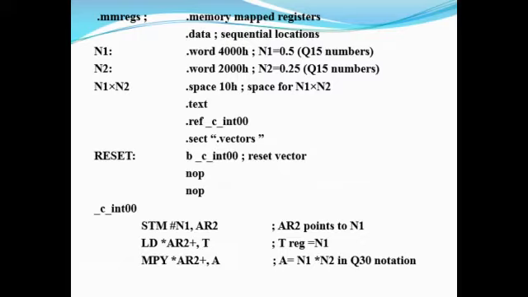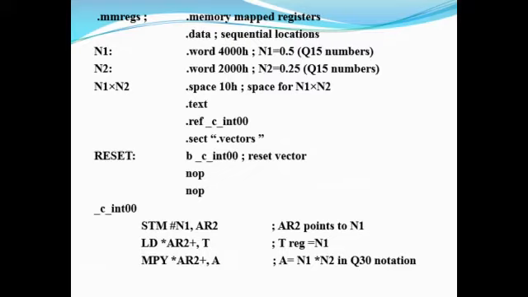So reset, and this is nothing but a label, what we normally do with the code. So n1 and n2, we can see that is again a label in the code, B _c_int00. So this is the reset vector we normally use as an assembly directive. Some of these lines are common in writing any code for a DSP algorithm implementation. Then NOP and NOP. So no operation is done for these two execution cycles of a particular code.